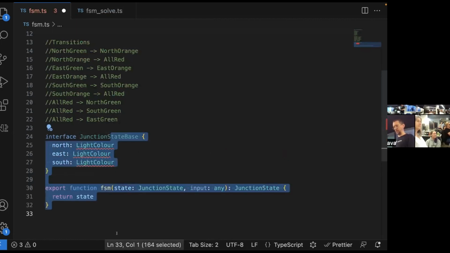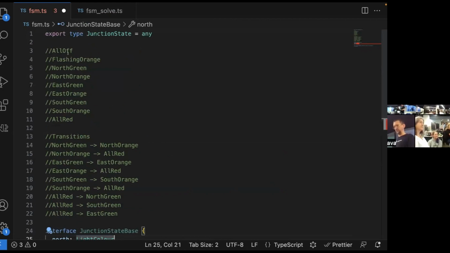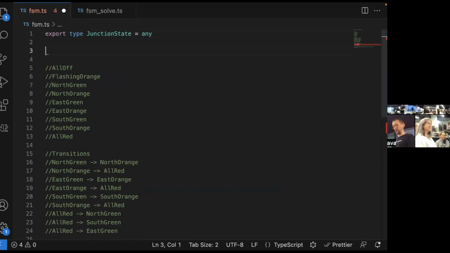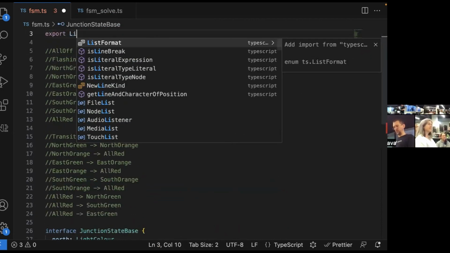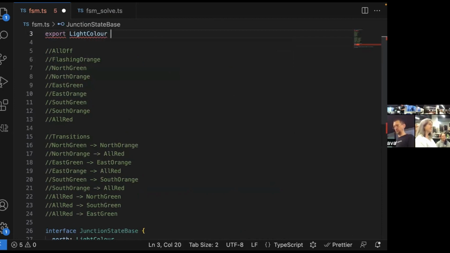The other thing you might pick up, there are some cool TypeScript tricks in here. So, valid colors are red, green, and orange.